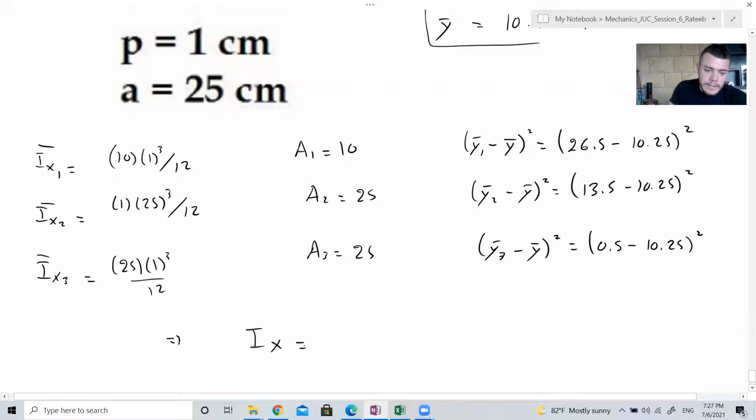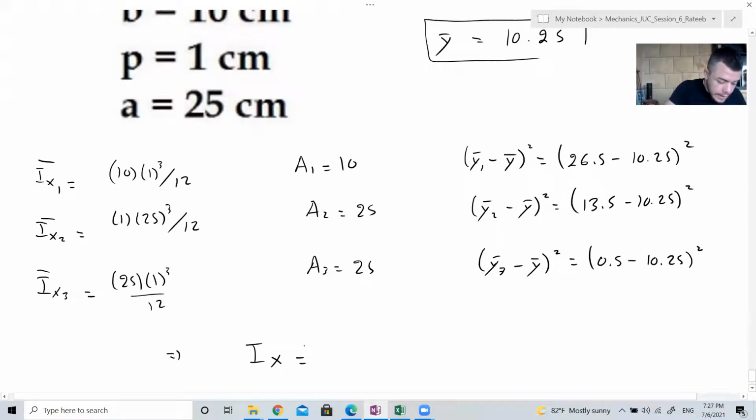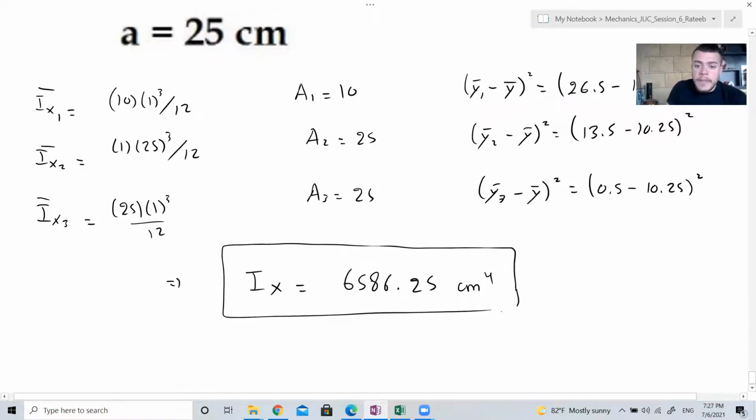And therefore ix is equal 10 over 12 plus 10 times 26.5 minus 10.25 squared plus 25 cubed over 12 plus 25 times 13.5 minus 10.25 squared plus 25 over 12 plus 25 into 0.5 minus 10.25 squared. بيطلع لك ix is 6586.25. Please recheck the calculations. لما ترجعوا تنقلوا recheck the calculations، تمام؟